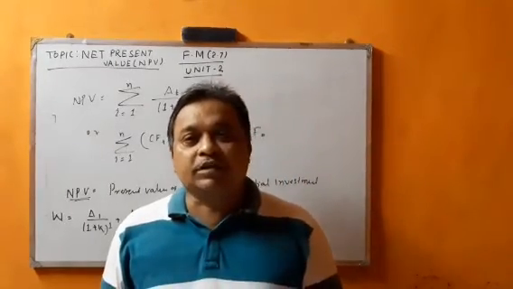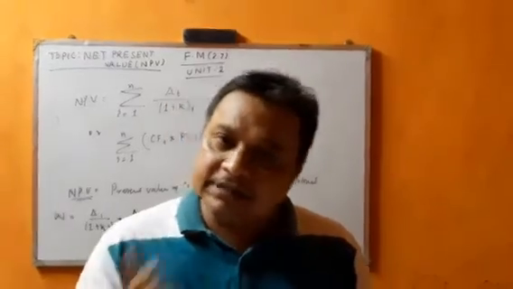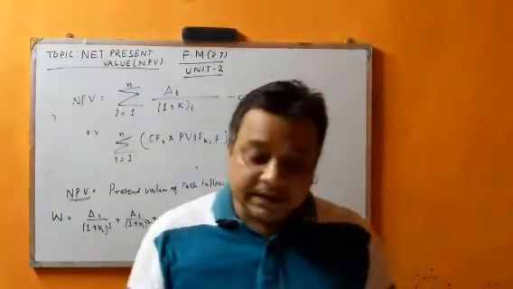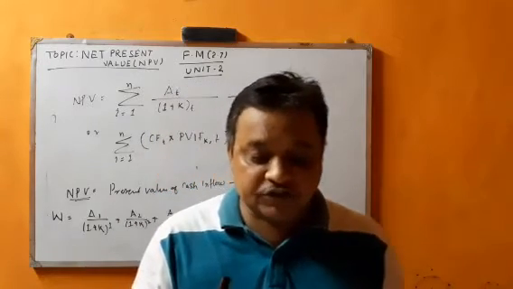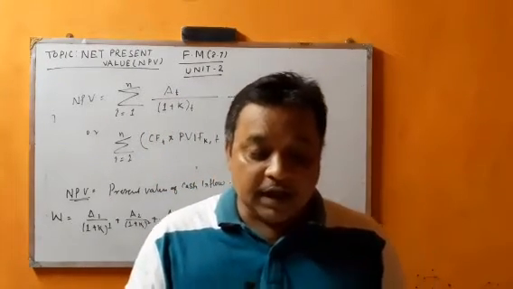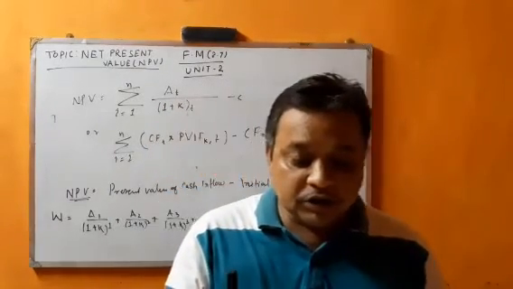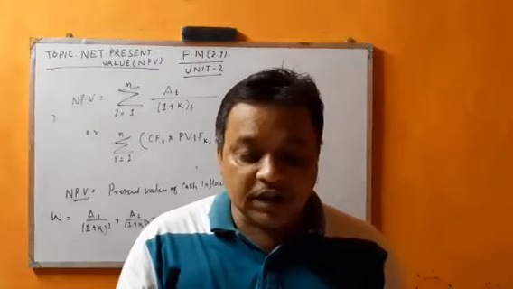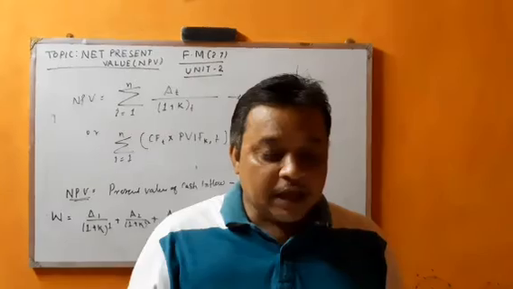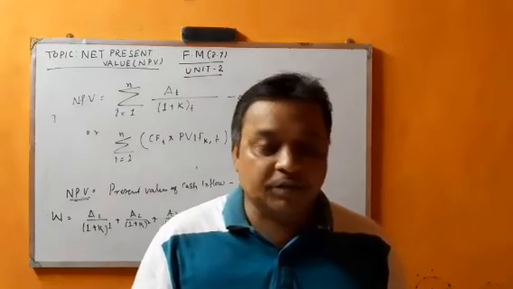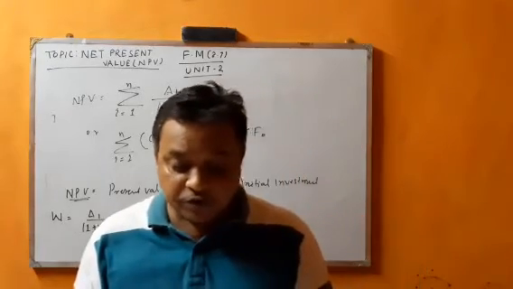So the net present value method can be used only in an accept or reject criterion: either we will accept or we will reject. To accept or reject, we have to look at the present value of the future cash stream, which is the inflow, and that should be compared with the present value of the outflow. The present value outlay must be the same as that of the initial investment.